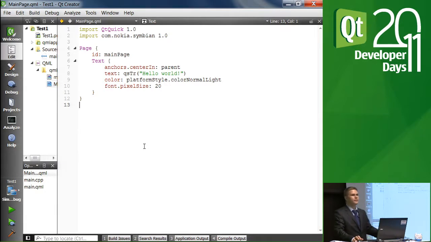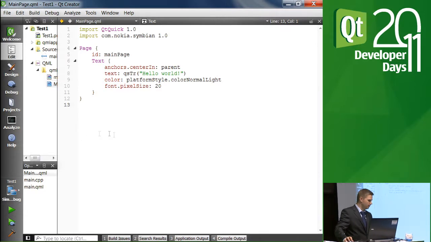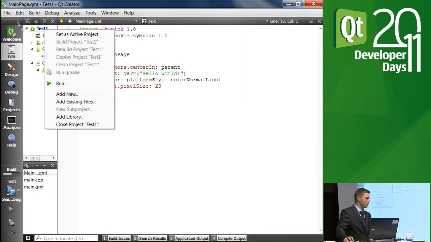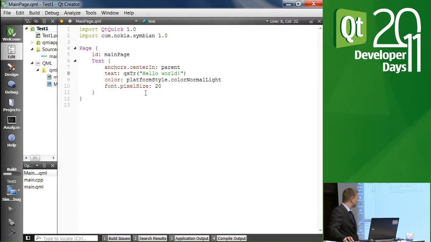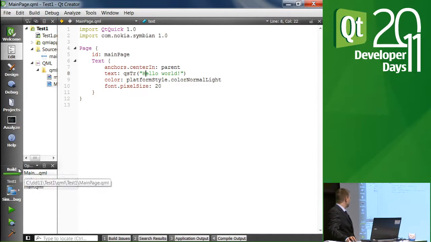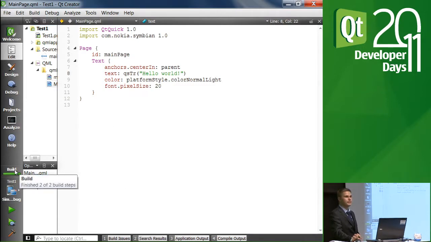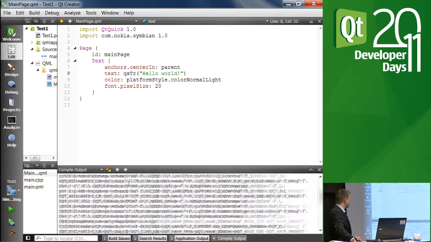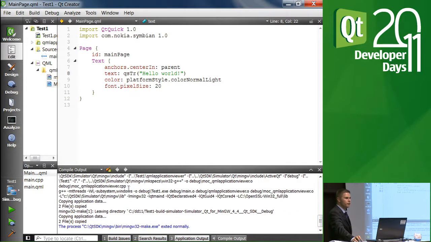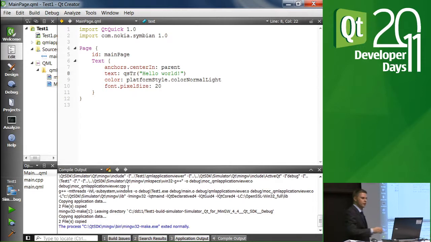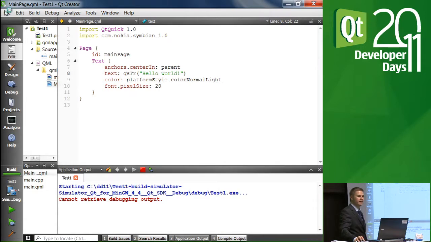First, to build this application, we can just hit Control B or select build from this pop-up menu or the toolbar or wherever we want to. Now that the compiler was building the application, we should be able to see some output in here. First of all, the target that we used was simulator. So let's see what happens when I launch the application. I pressed Control R or this